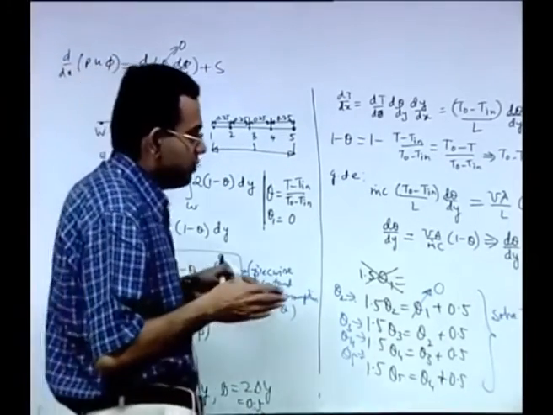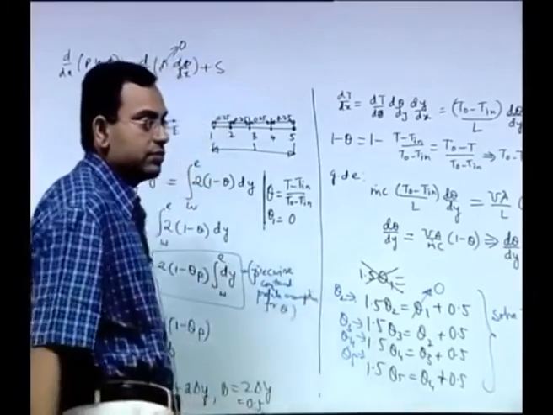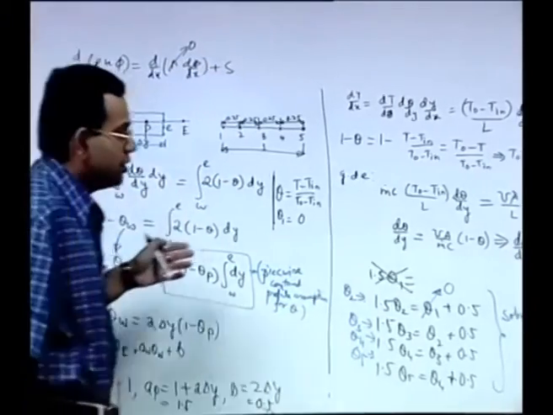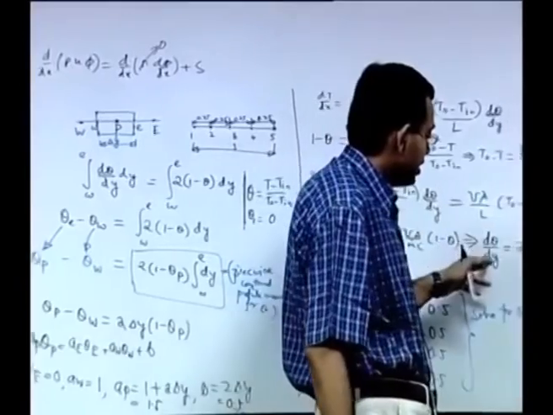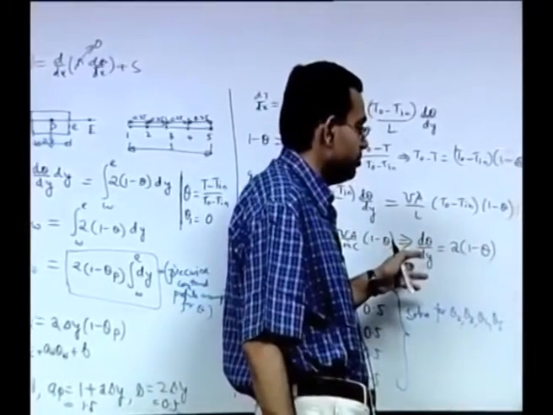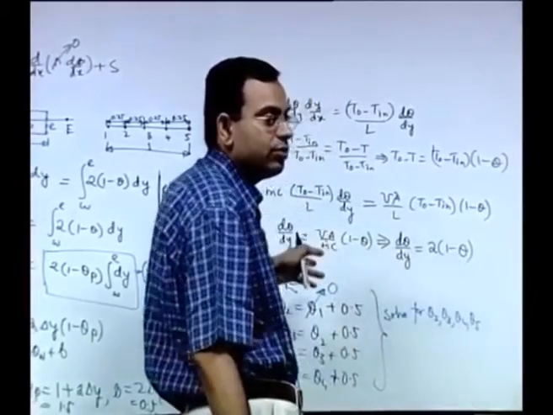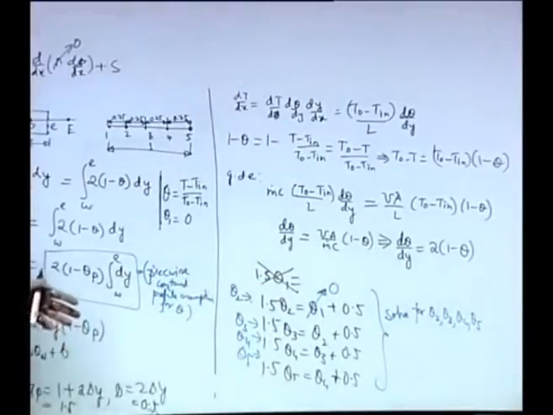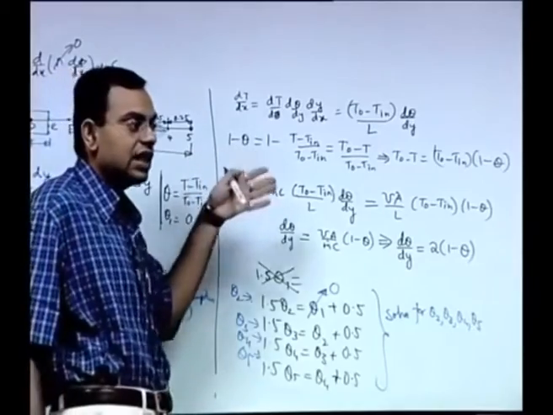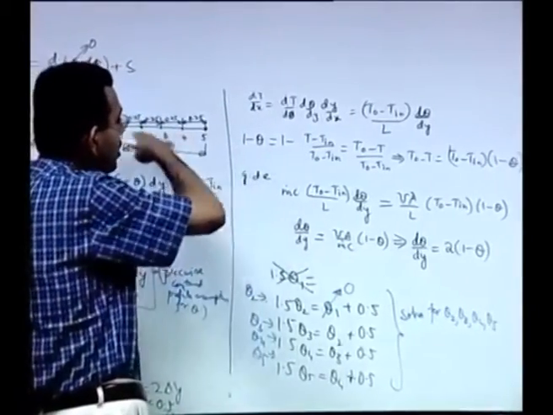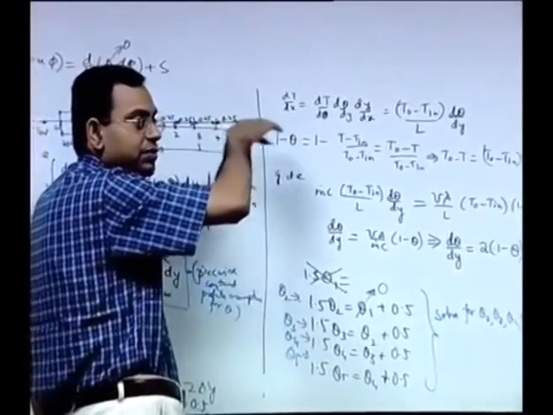So, it is effectively a marching type of scheme, and because it is a first order differential equation, a first order initial value problem, it requires only one condition, the initial condition, which is at y equal to 0 or x equal to 0. There is no condition necessary at the other end. So, you can go on doing it. If you increase the length you can get a subsequent solution.